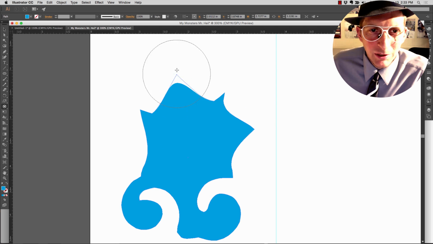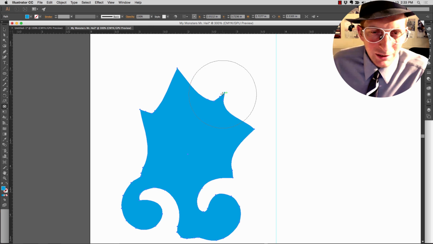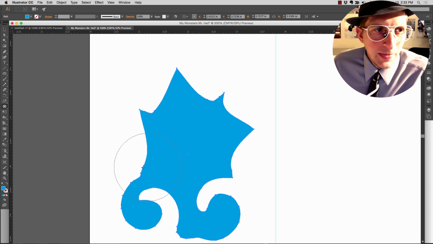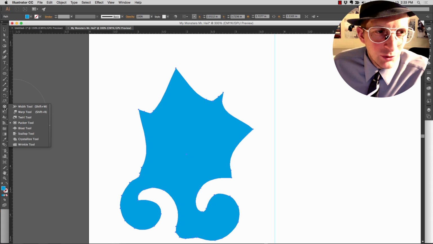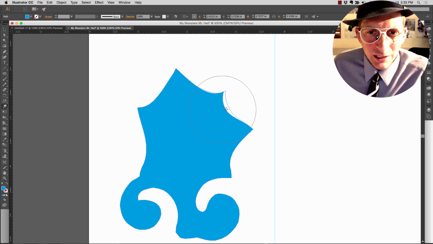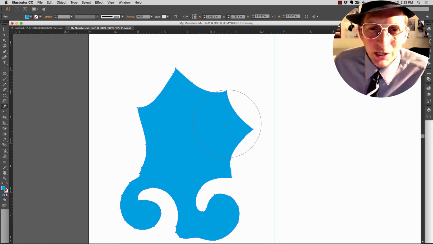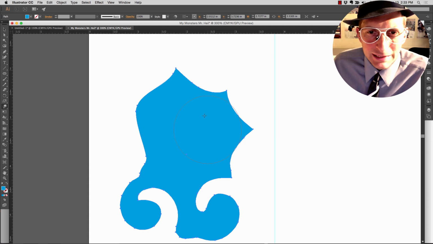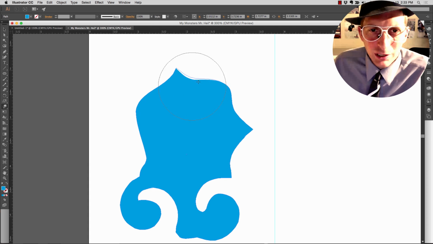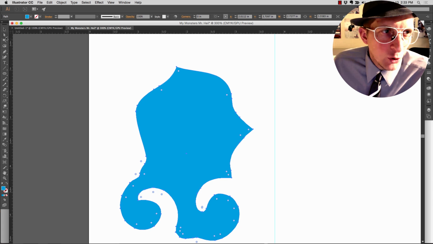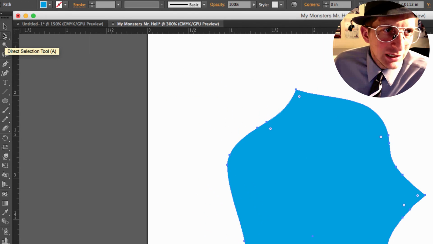Okay, so maybe I want it like this. Now if there's certain points that you want to adjust, you can go back to the warp tool, and remember you can bring them out like this, and kind of like putty or Play-Doh. You can kind of play with the shape to get exactly how you want it to look like. If you hit A on the keyboard, A is an apple, or you click on this direct selection tool,